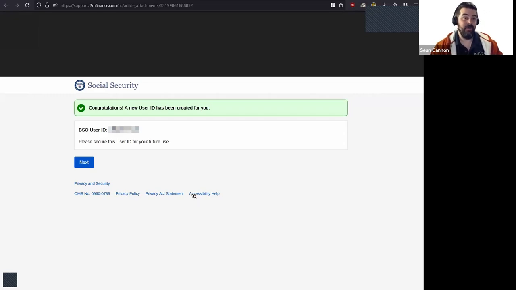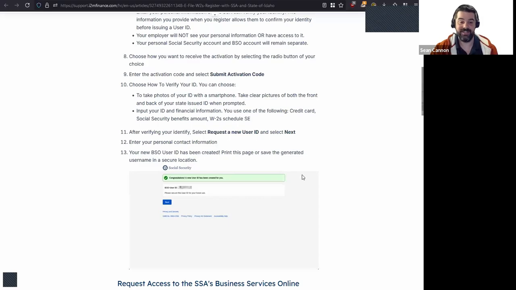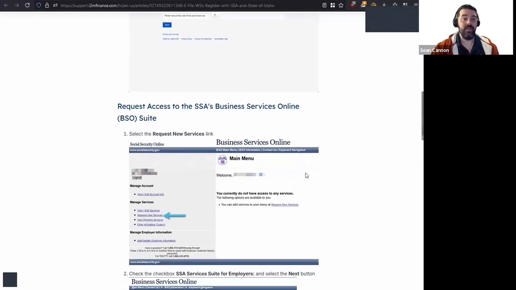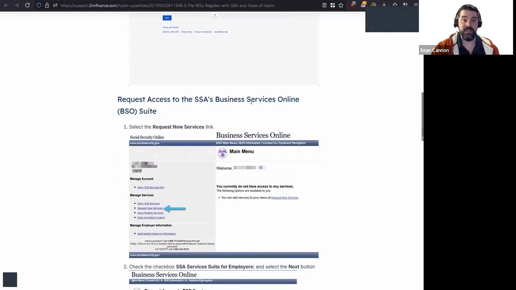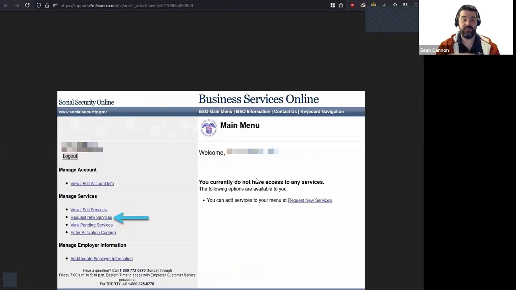So once you click next, it's actually going to give you access to the business services. And this is the point where you now have to wait for the code to come in. And again, I can't demonstrate this because I already have a code and I already have access to all of the tools. So I just kind of have to rely on a few screenshots of what it looks like. But after you click that next button, it's going to take you to this screen here where you're actually in the business services